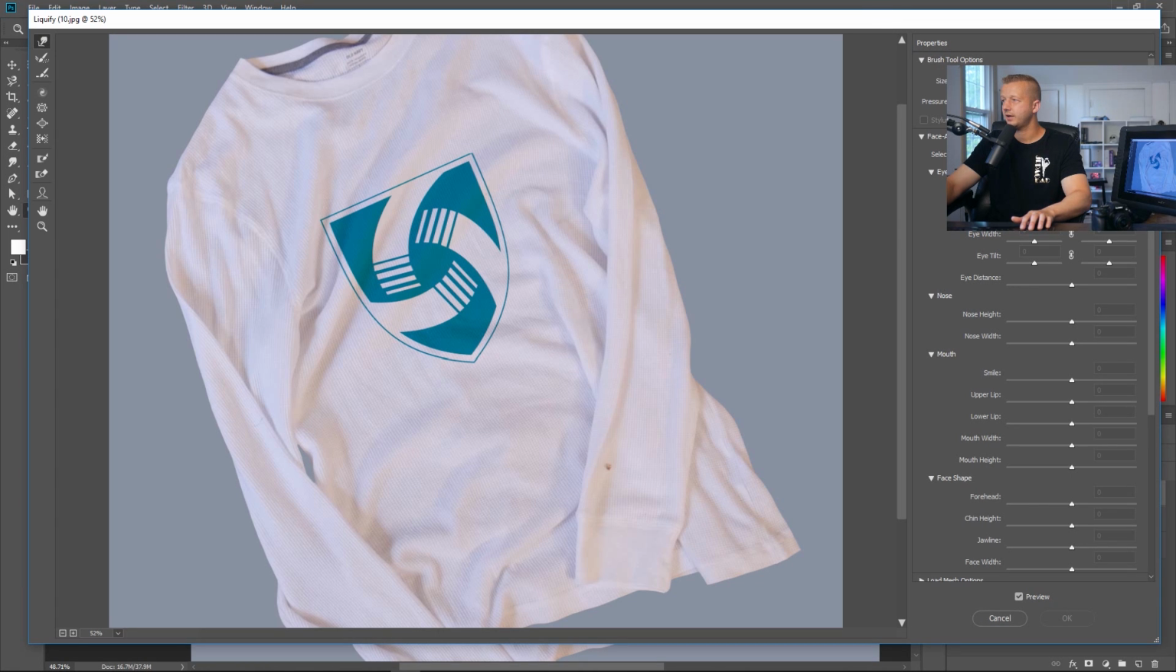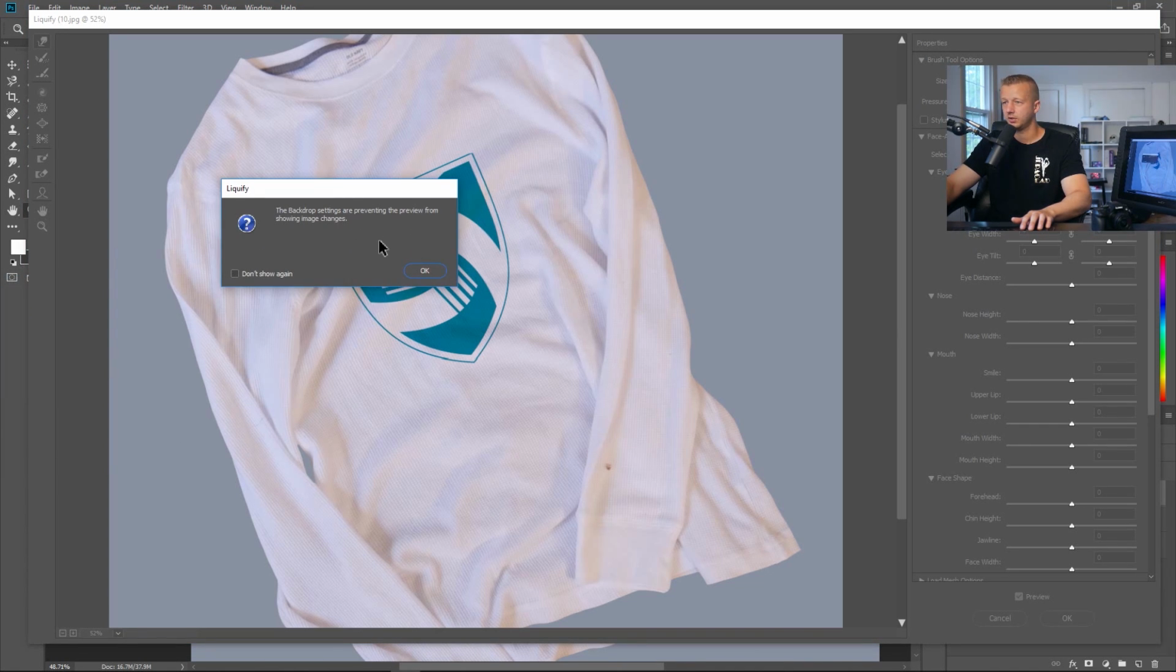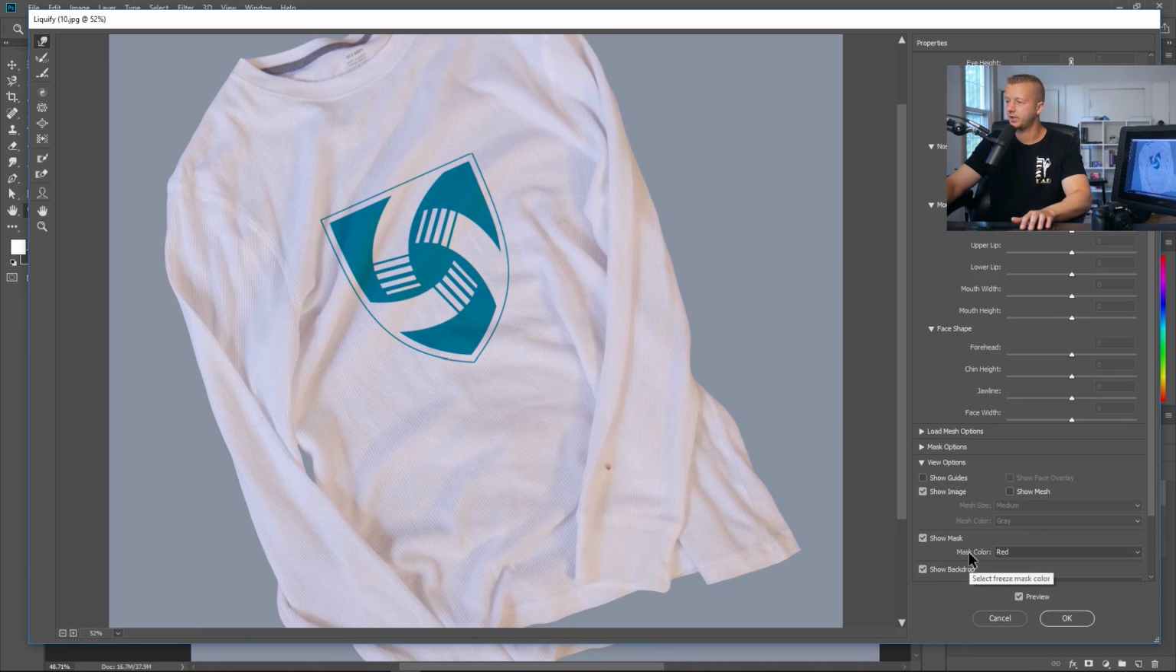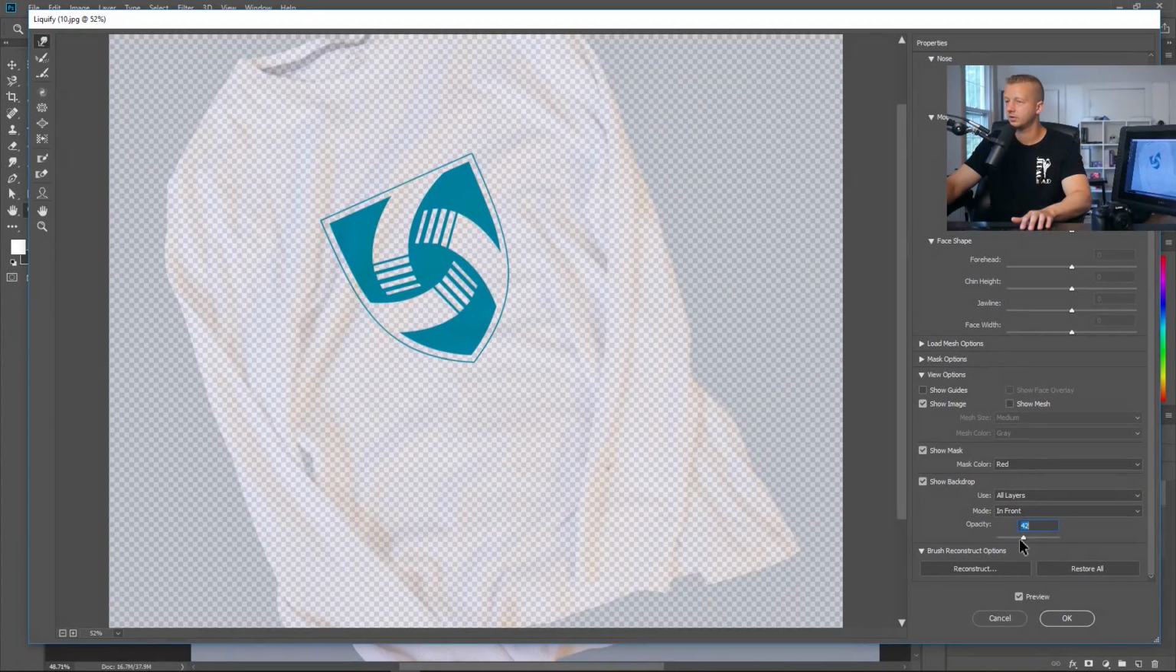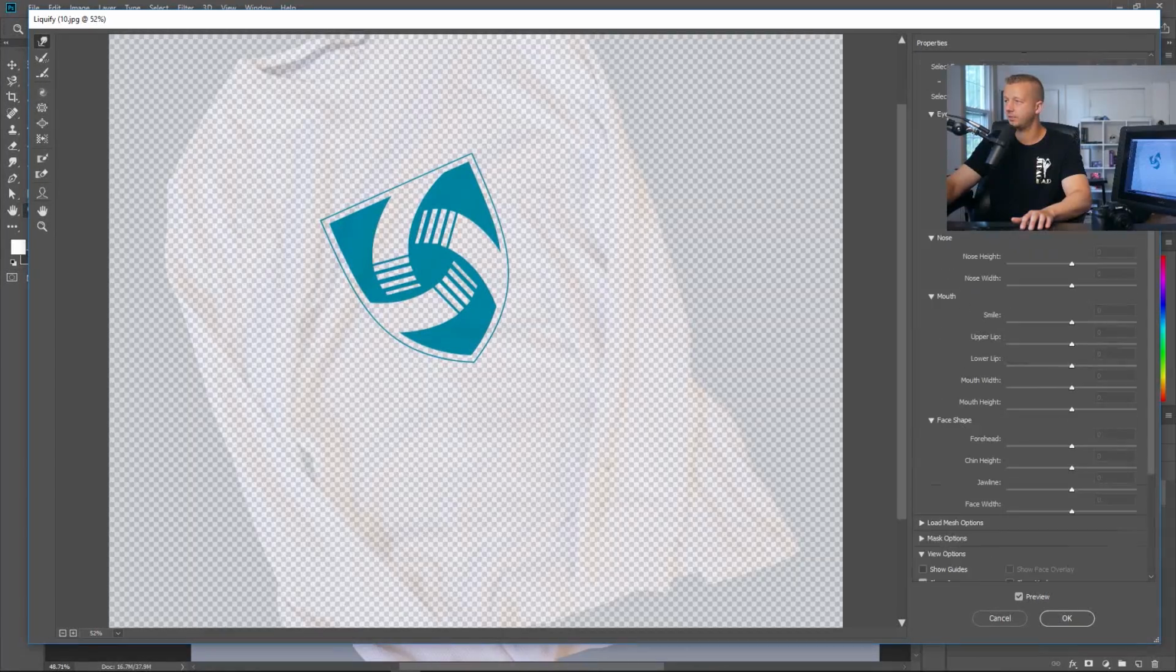And then you'll see how you need to adjust these values for density and pressure based on how it's being affected. So sometimes if you left click, it says the backdrop settings are preventing the preview from showing image changes. Okay, so we need to come back down here and take this opacity down. So now we can see it's slightly up here. And if we do that much, way too much, obviously. So we need to take the pressure